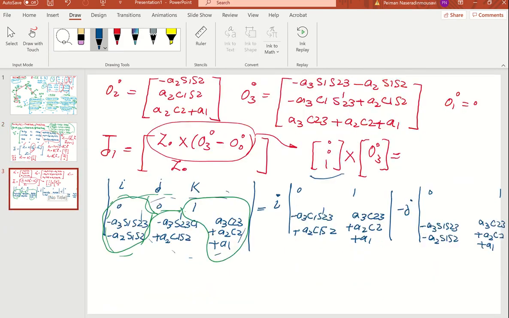Plus k is 0, 0, whatever it is, it doesn't matter, because it is going to be 0. So the result of this cross product, in I, is going to be